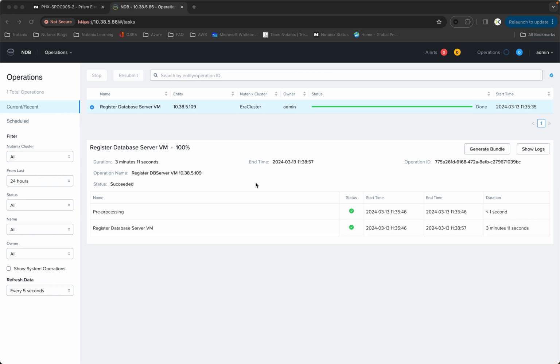And it'll take you through more specifics on the database engine as well to help support you. So the next thing that we're going to do now is look at creating a software profile